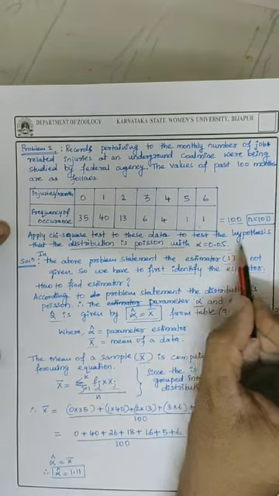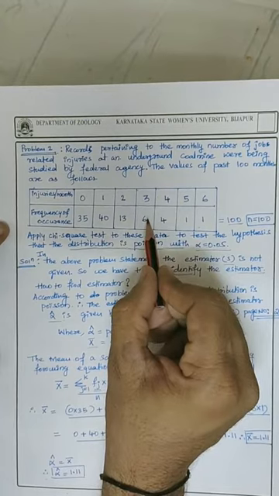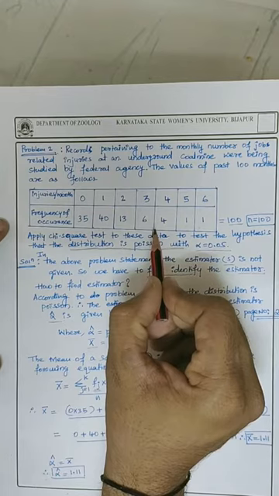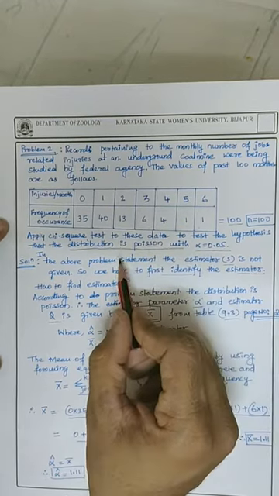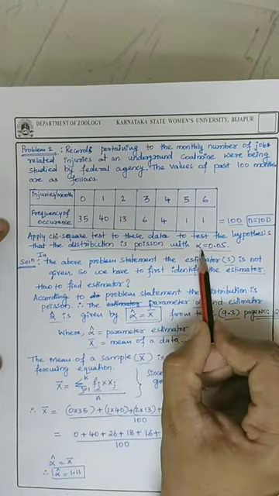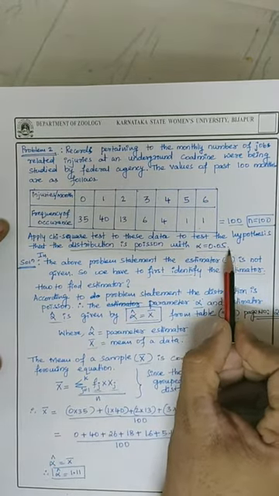They are asking us to find out whether this data is distributed according to the Poisson distribution or not, by considering alpha equal to 0.05, that is the level of